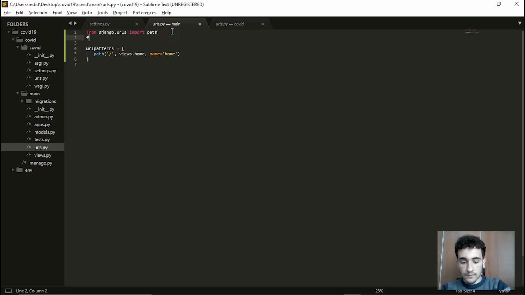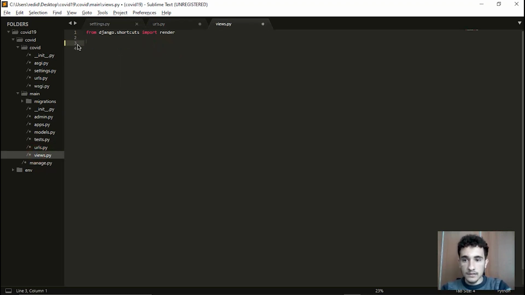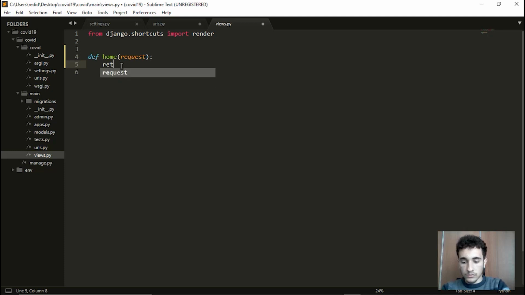And import views here, from dot import views, and let's go to views. I'm making this a little larger so you guys can easily see. And here in the views we are going to create the home view that we imported here. To create a view, you need to create a function, so def home with an argument request, and then we're going to return